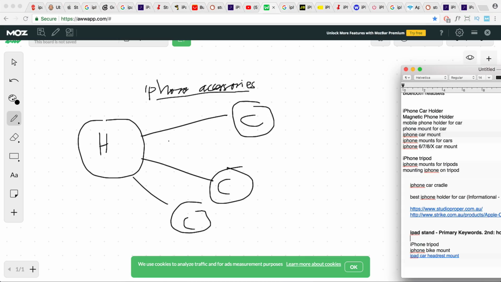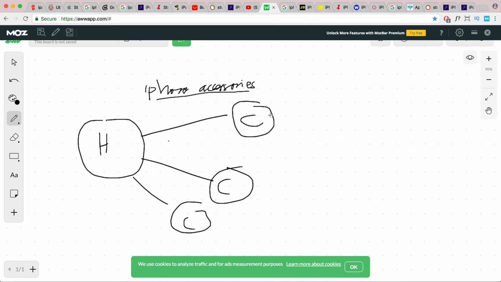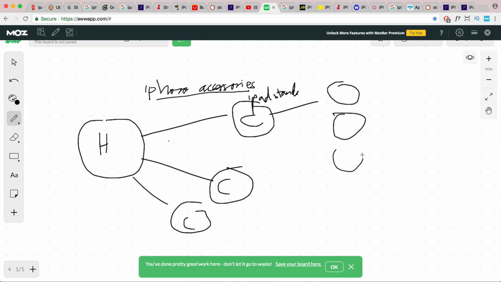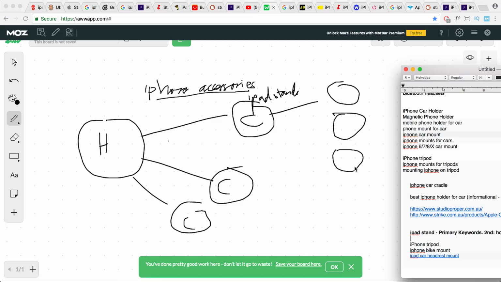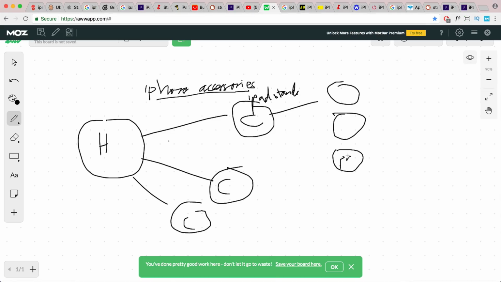Okay, and what you can do is you can have the category called iPad stands. So this one might be iPad. And then within that category, you'll have different variations of that stand. Okay, so you might have a stand for the iPad Pro, you might have one for the Mini, or you might have one for the Air,